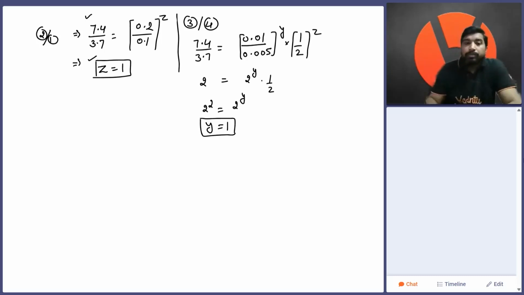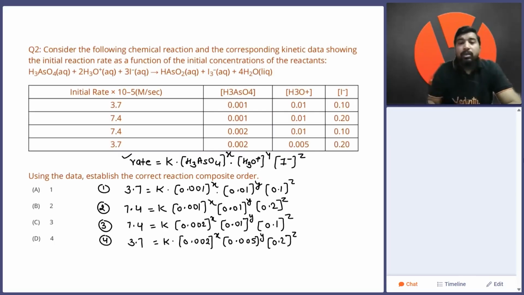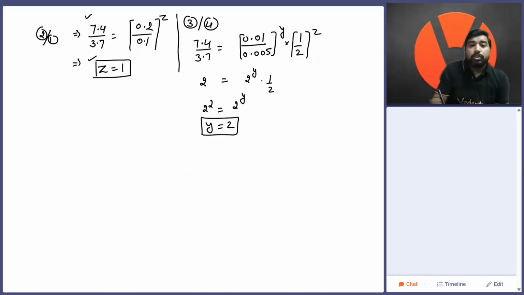Y is equal to 1. Now we get y is equal to 2. Now we get the value z is equal to 1 and y is equal to 2. Now we're going to divide equation 2 by equation 3 because we have the values of z and y. So for equation 2 divided by 3, we will get